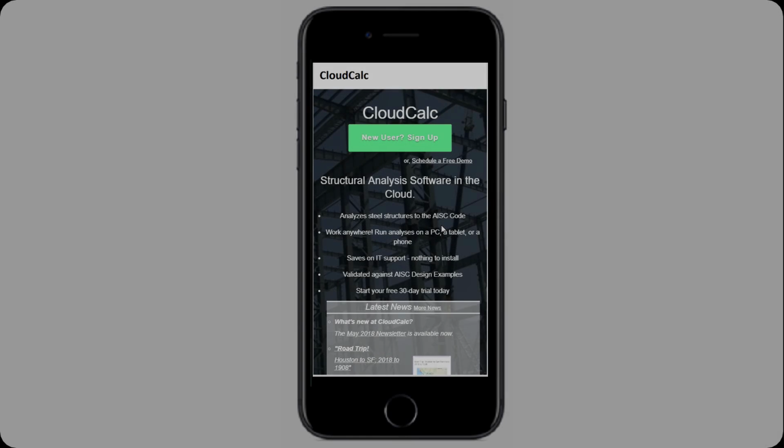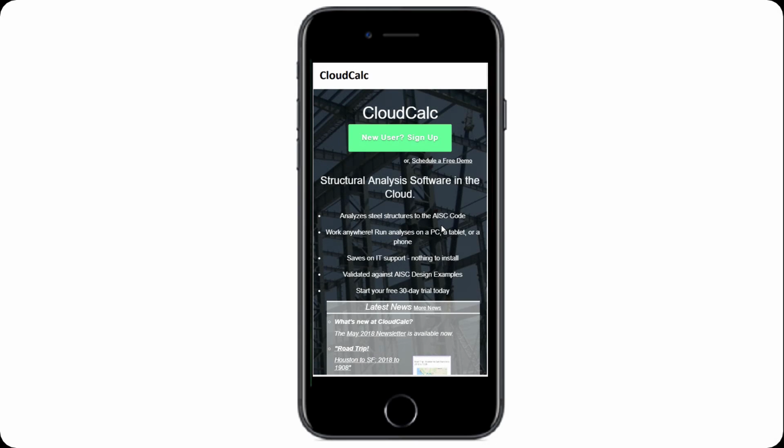By the time you get to the job site, you may have some ideas in your head of how you can fix this overstress problem. And in order to evaluate it, of course, being device independent, you can get on CloudCalc and try out your what ifs or your changes. You may ask around the job site, does anyone have a PC? Not available. Maybe an iPad? If that's not available either,